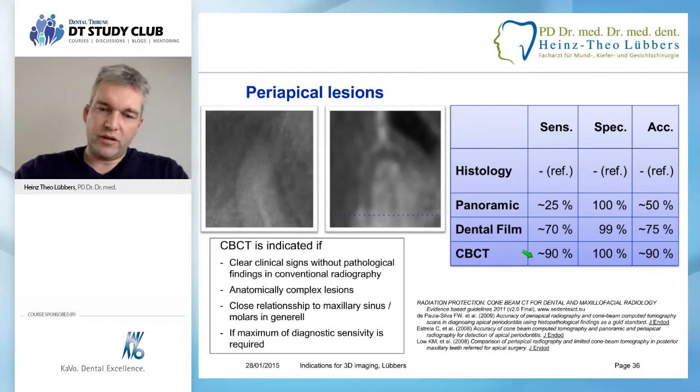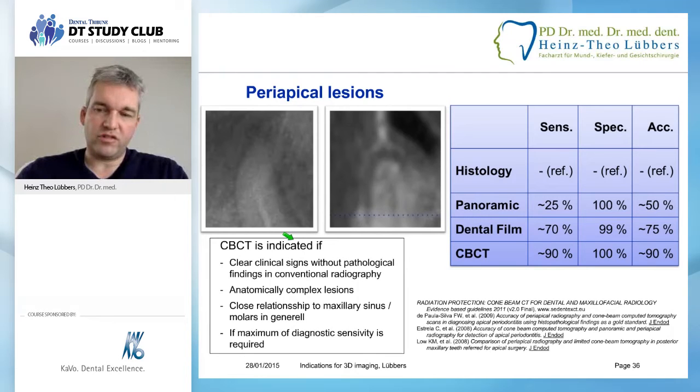So what can we make from that out of the guidelines? Cone beam CT for periapical lesions is indicated whenever you have a clinical sign for a periapical lesion, but you don't have any pathological findings in conventional radiography. And mostly you won't go for surgery or for some treatment if you don't clearly see what you want to treat. If you have anatomically complex lesions, especially in upper molars, of course, and if you have a close relationship to the maxillary sinus, which would more or less be the same, upper molars or molars in general are also recommended. And I would add, from my personal view, if a maximum of diagnostic sensitivity is required,